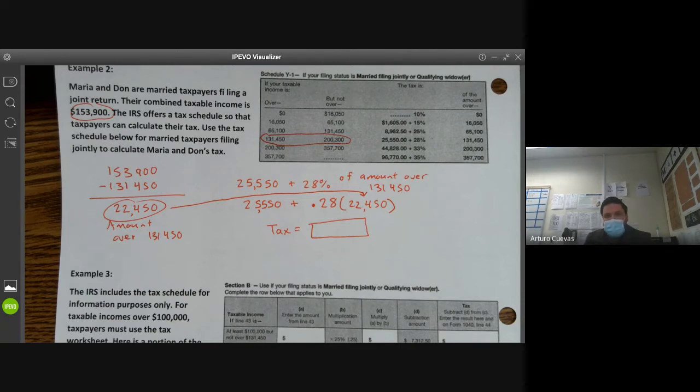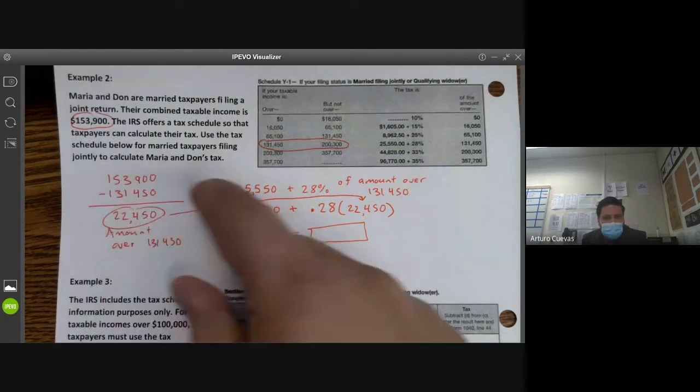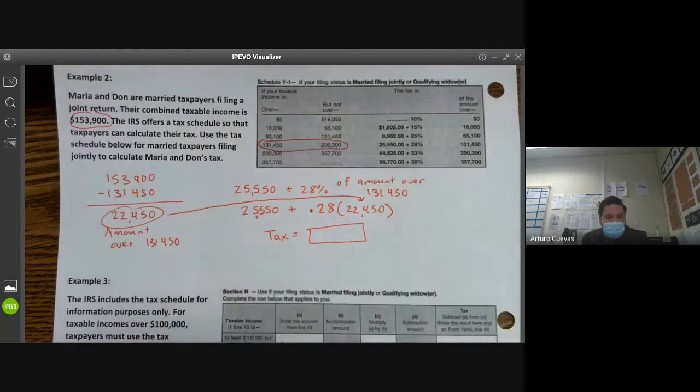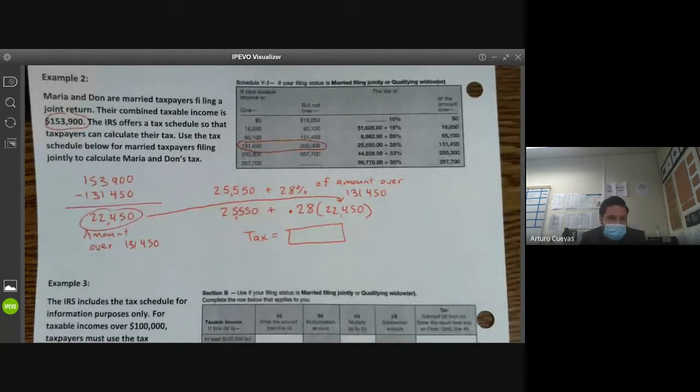So then just write it down. If I were you, I would write down example 2 and then write down the work. That way, when you pick up the paper, you can transfer it over. Okay. Or you can do it digitally too, if you download it on your computer and then write with the digital pen. Okay.